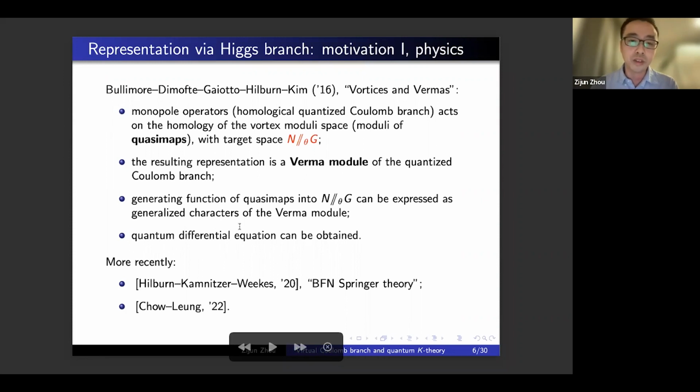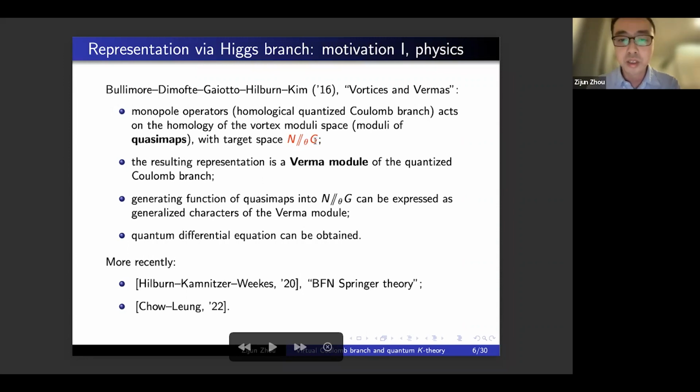So in this sense, this quantized Coulomb branch is closely related to enumerative geometry. Another reason why this is interesting is that from this enumerative geometry, we can try to construct some representations of this quantized Coulomb branch. I should mention there is also another group of works related to BFN and Springer theory. From the Springer resolution point of view, it's natural to consider this GIT quotient